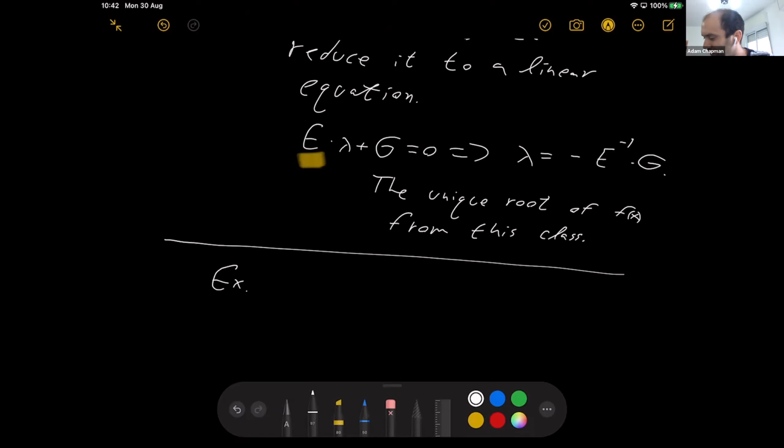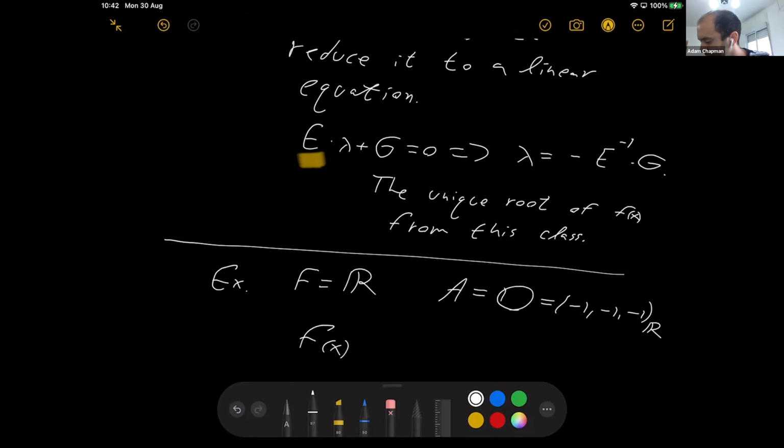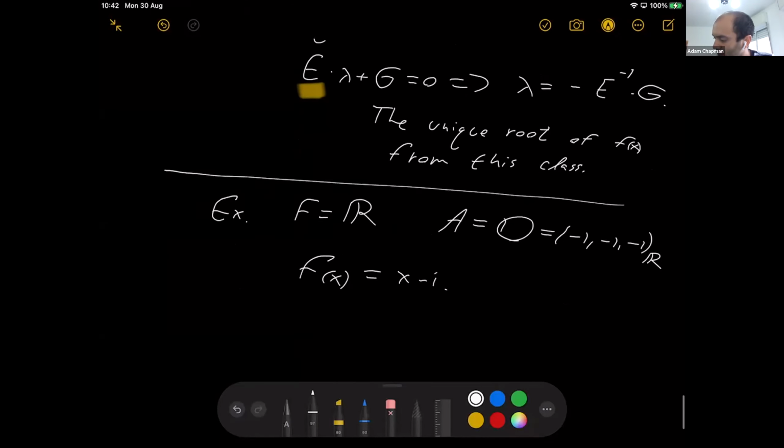So if you take your field F to be the reals, and you take your algebra A to be this Hamilton Octonion algebra, and your polynomial, let's say, is x minus I. X minus I has a single root, which is I. Okay, if you plug in any other element, you get something which is non-zero. But if you take CF of x,